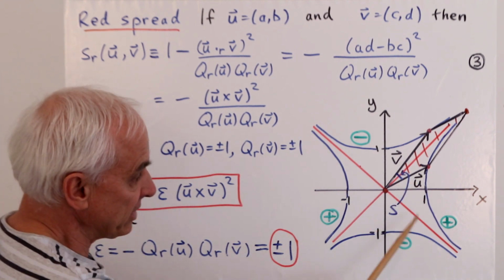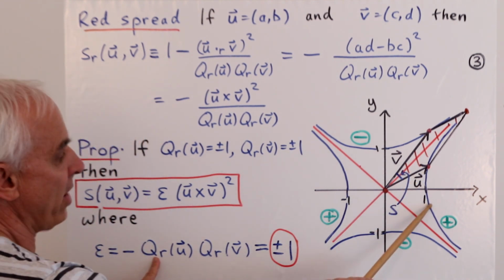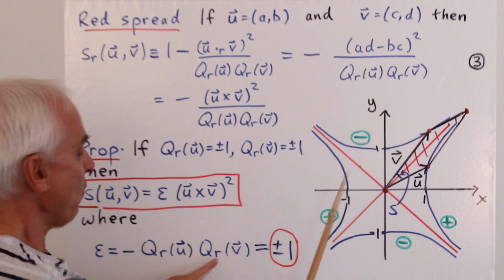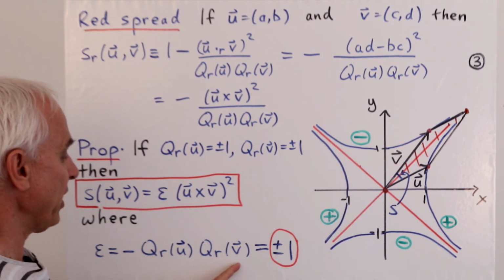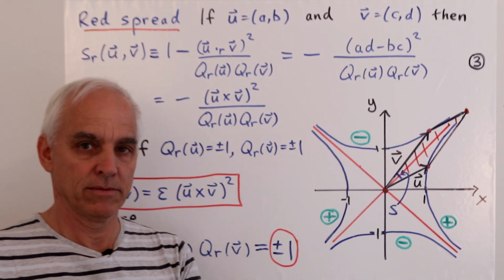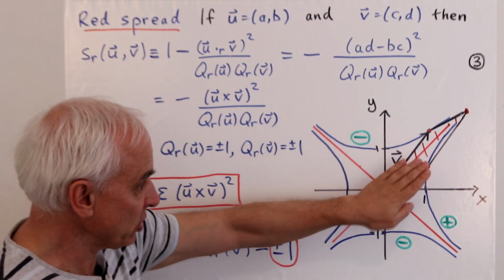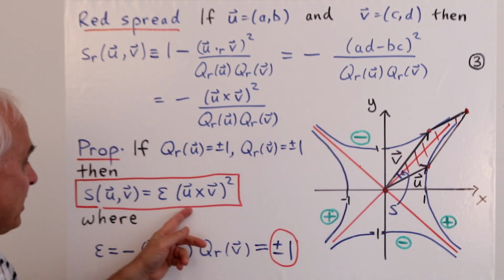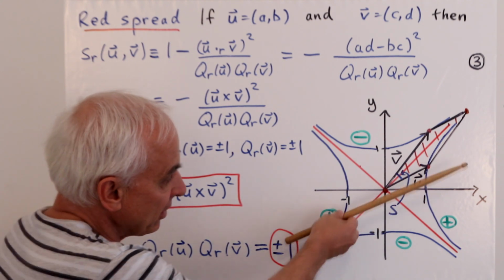In this case here, for example, the quadrants of u will be plus 1. The quadrants of v will be negative 1. And in this case, the epsilon here will be plus 1. All right, so in this particular situation, the formula is telling us that the spread between the lines determined